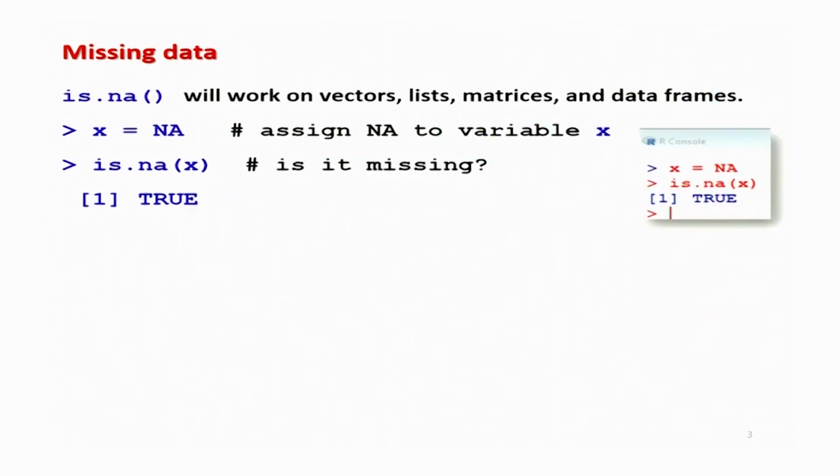So, that is the same thing which I am trying to show you here, right. When you yourself give a value NA, that means you are writing that the value is definitely missing. So, you are assigning the value NA to the variable, and then you are asking, is it missing. Having assigned the value as NA, when you ask whether there is any value which is missing, definitely the value is missing, and you can see here that the answer comes out to be